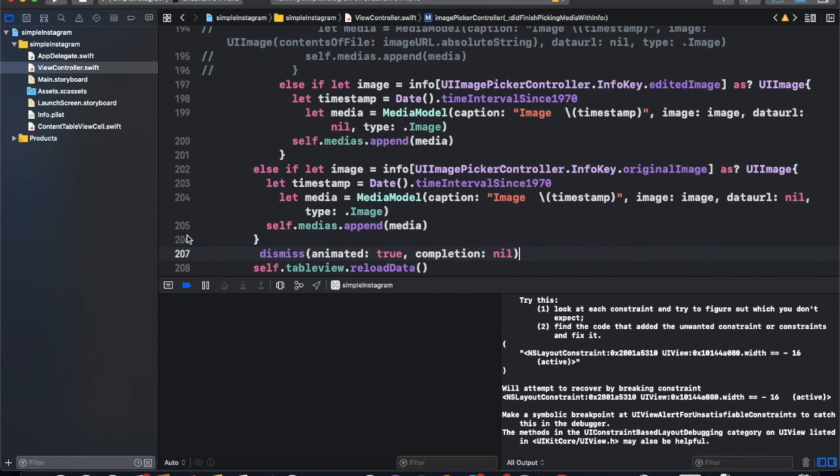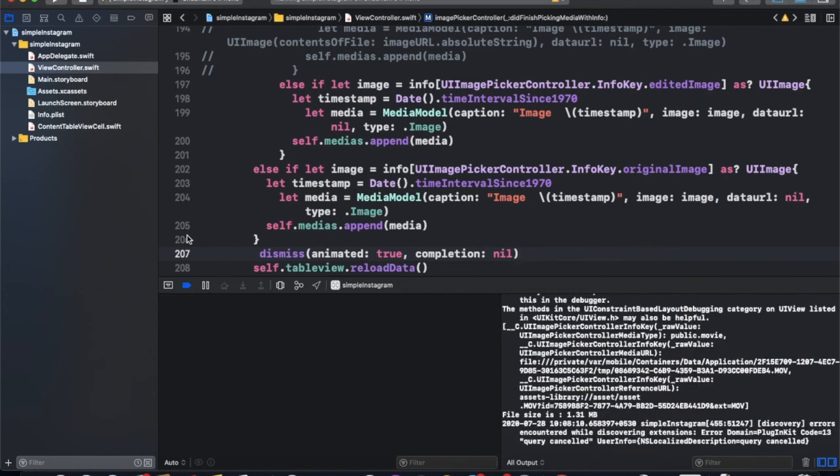Now if you want a video, gallery, video, select, choose. So this is a snapshot of the video. If you click on it, it will play.